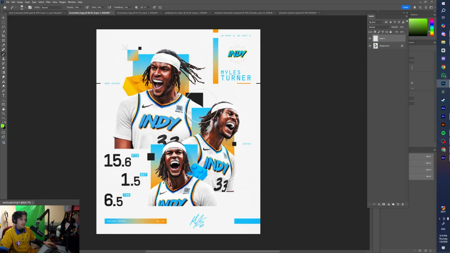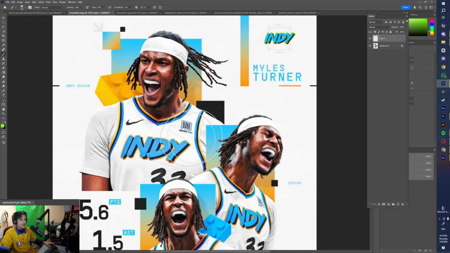So biggest thing, well, the first thing, if you're trying to emulate, I would look at the player retouch or the subject retouch. So like I said, Knight Design, he has a tutorial already on his YouTube channel. So I already know how he does it. But if you just look at certain things like how sharp the skin is or the jerseys are. Different artists like to have it really sharp, really detailed, really crisp. Other people like to have it softer. They add more of a soft touch. They denoise it and remove that.